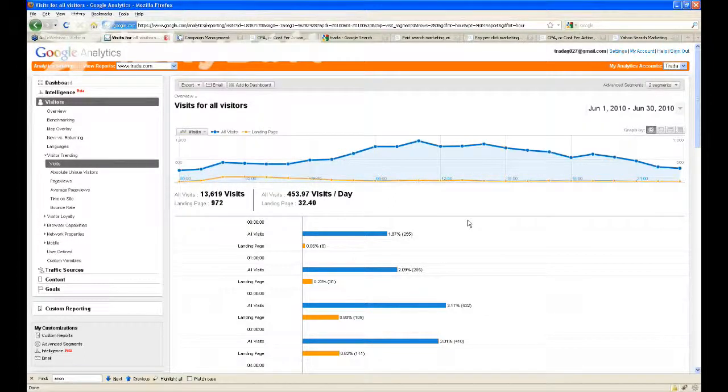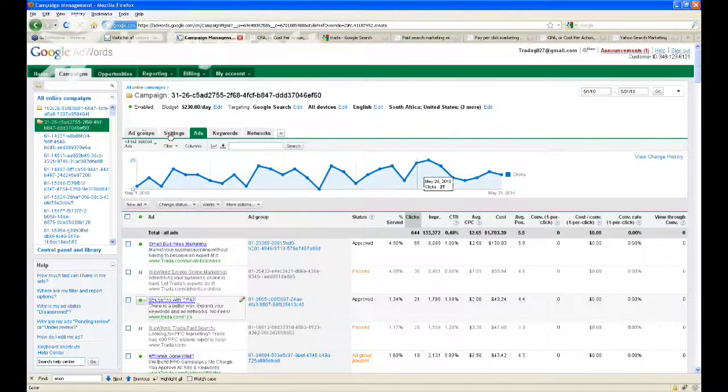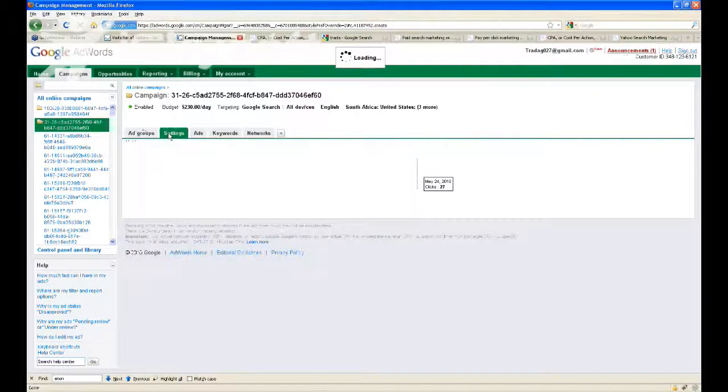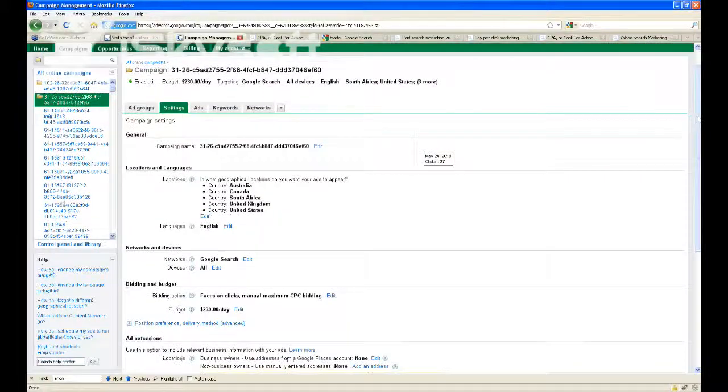And this is actually a process that I went through at the end of June to figure out how to more effectively spend our money. Well, when you go into AdWords, I'm going to jump back into AdWords now. Each campaign has a tab called Settings. Now, there are so many settings in here that many of you probably haven't looked very closely at it. There are 2 things that are important about why traffic might be occurring at 3 in the morning.